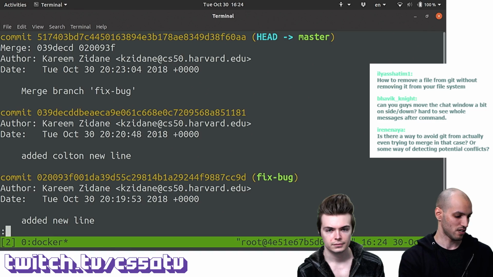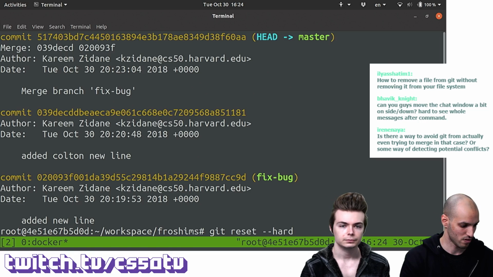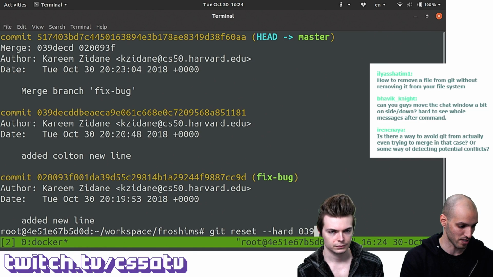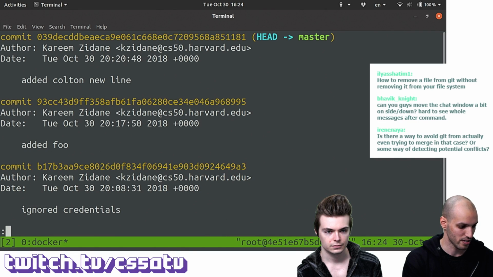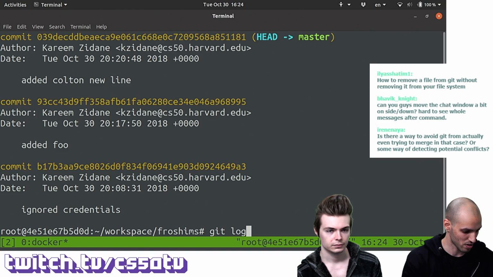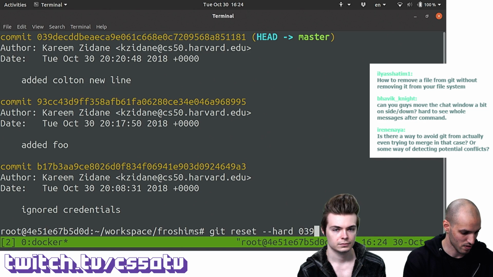So let's git reset hard to the previous commit, which is 039D whatever log. Okay, now, oops, nope, that didn't work. What do we want to do?